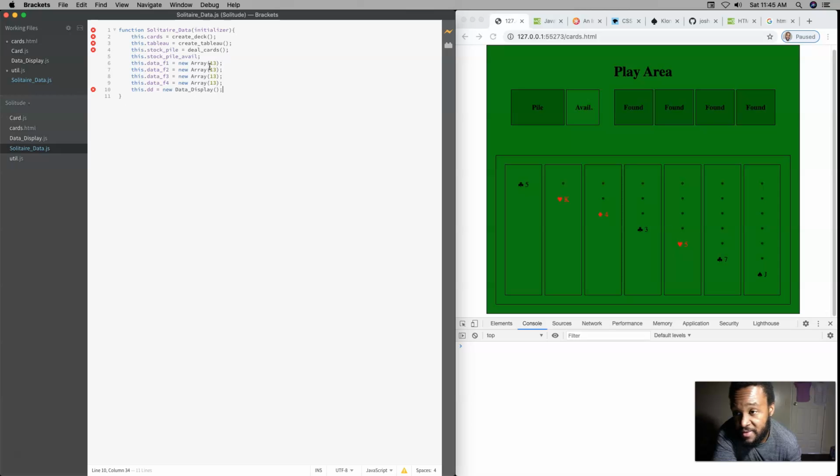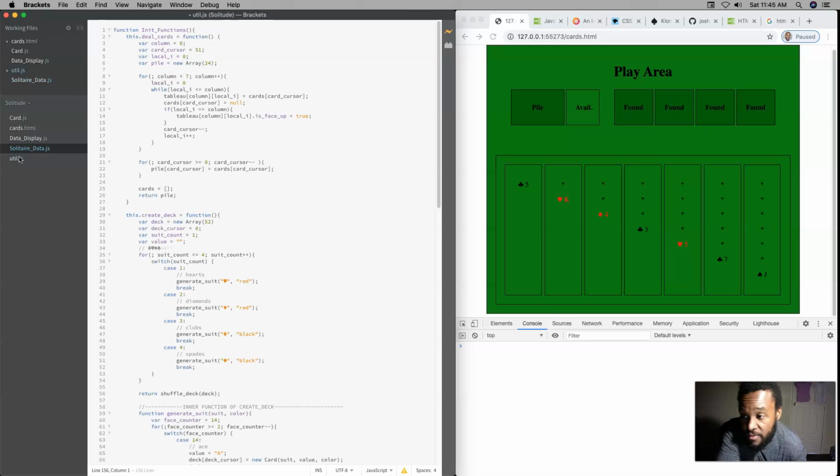So I'm attempting to send a reference for initializer inside of this one. So what I have here is a conflict in the sense that this can't be instantiated without the init functions from here,